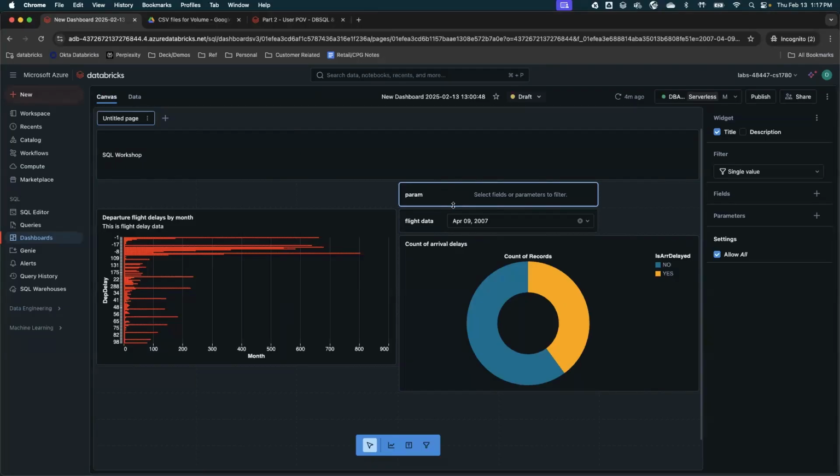And then what I need to do is select single value as the field, and then if you go to the field, you will select the destination field. If you are not able to find it, you can always search for the field. You can type destination.